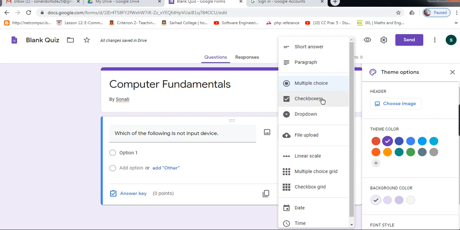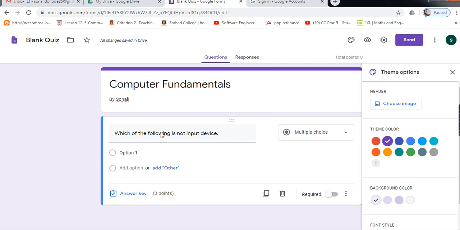Options are, you can select the format of the answer. You can choose checkbox, if multiple options are correct, or multiple choice, or paragraph, or short answer question, or linear scale. Suppose the answer is between some source and some destination, multiple options are there. You can select any one. I am selecting the multiple choice question.